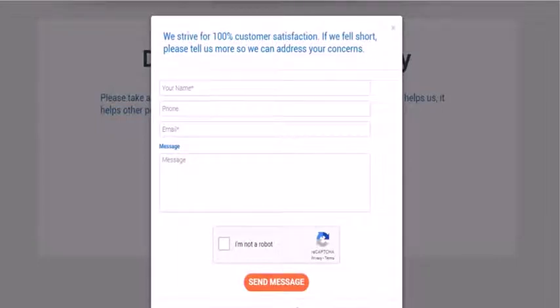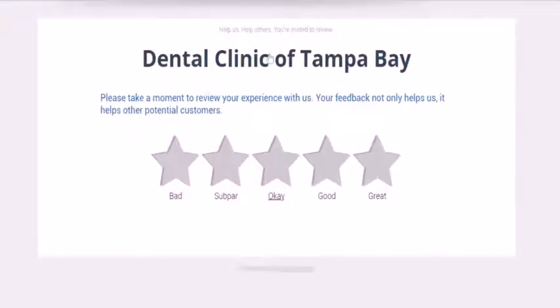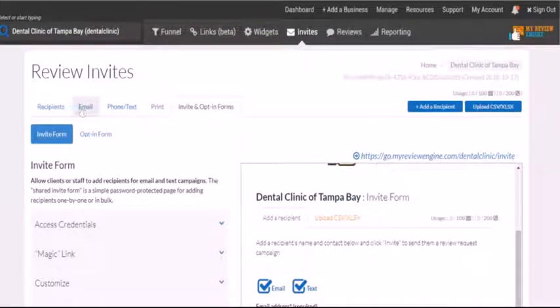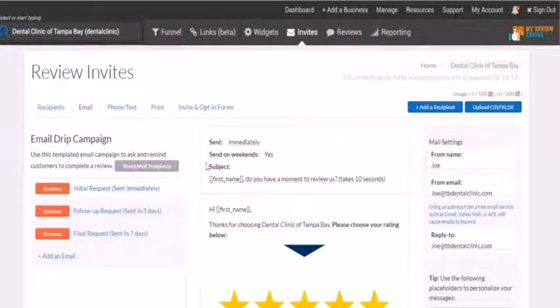So after they fill out their name, their email, and their message, or as we call it, the what went wrong section, they'll hit send a message, and you are notified about that, and it does not go live to various social media sites. So now, before I jump into some of our many cool features, I do want to